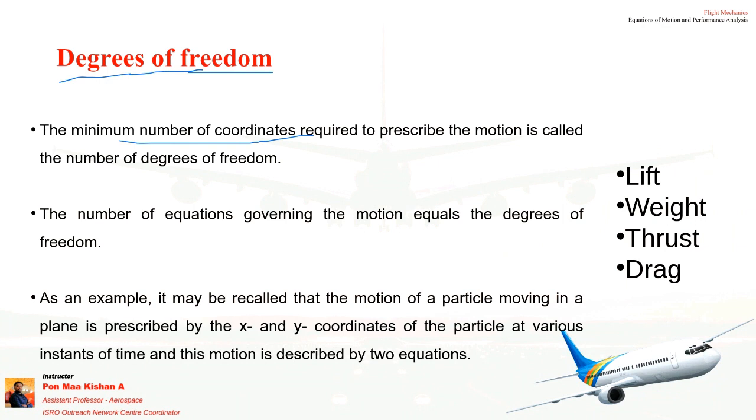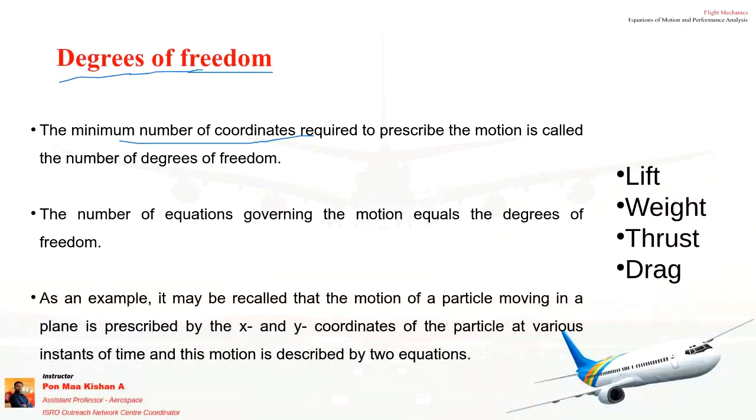X, Y, Z axes will be used to describe the aircraft positioning, right? So we have to identify the aircraft position. The same applies if the aircraft is moving from one position to another position. For one position we are calculating with respect to three coordinates. For the other position we are calculating position 1, position 2 from the center of Earth. So we have three coordinates for position 1 and three coordinates for position 2.